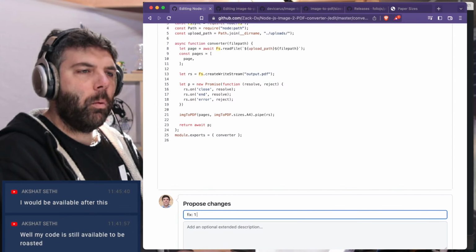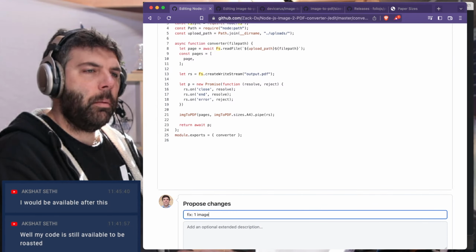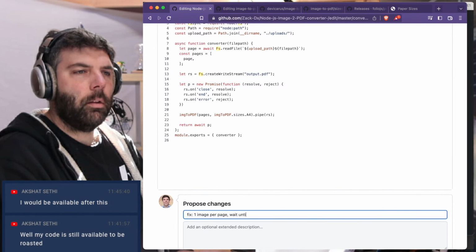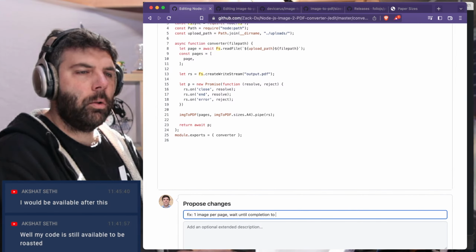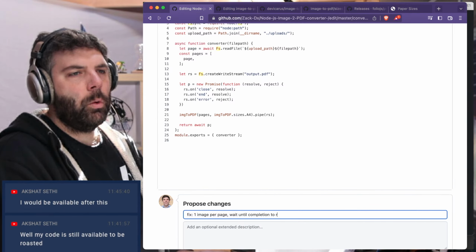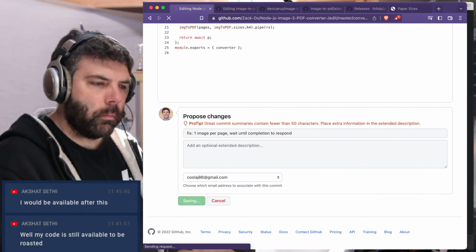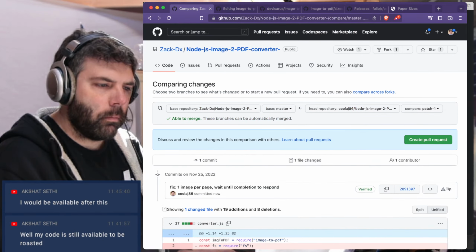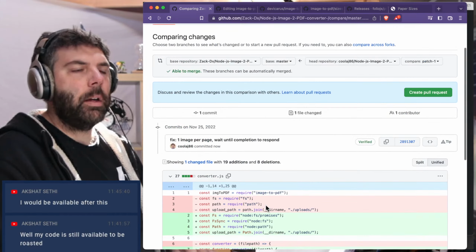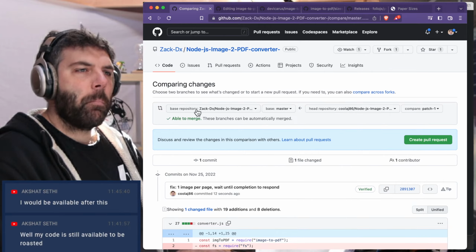Fix. One image per page. Wait until completion to respond. There you go. Okay, you don't want the user files to get stored. You want them to get deleted. Let's